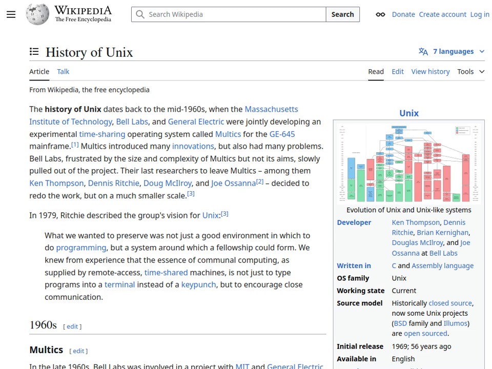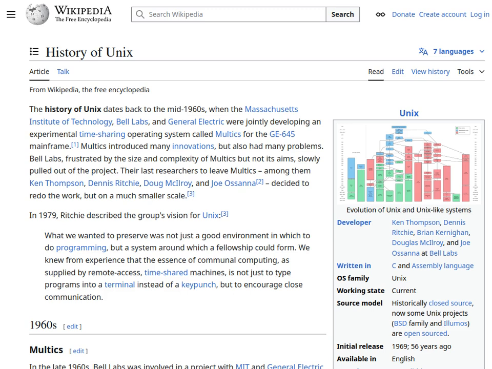And so what went wrong? Why didn't Multics just take over the world? It seemed like a good idea. Well, Multics became a victim of its own ambition, I guess. It became so big and so complex that it faced huge delays. The team at Bell Labs was getting really frustrated because it wasn't delivering a working system quickly. And that frustration led to Bell Labs pulling out of the Multics project.